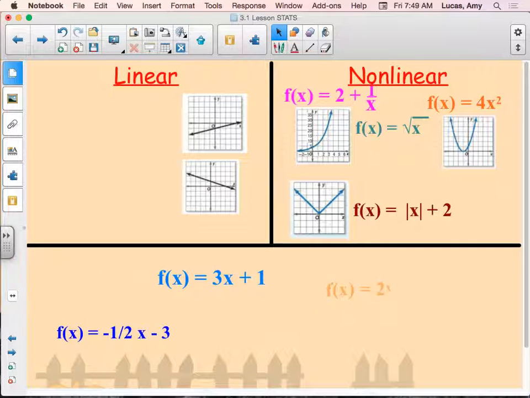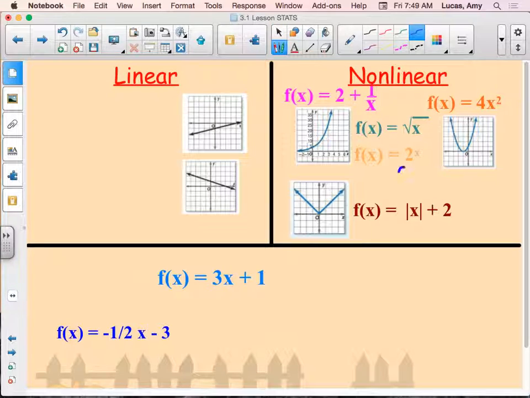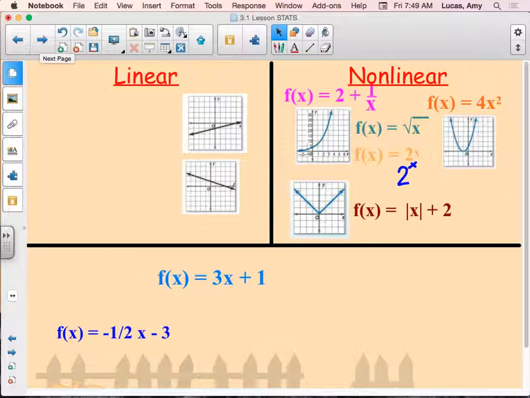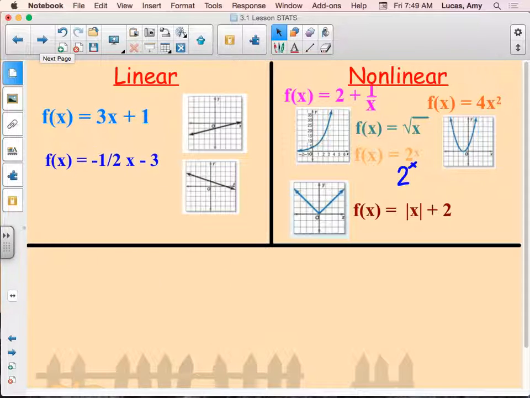And an exponent that's a variable. This is 2 to the x power. That also gave me something that was curved. Okay? And then this one is linear. That's in slope-intercept form, and so is this. So when the x is just a plain x, and it's not on the bottom of a fraction,